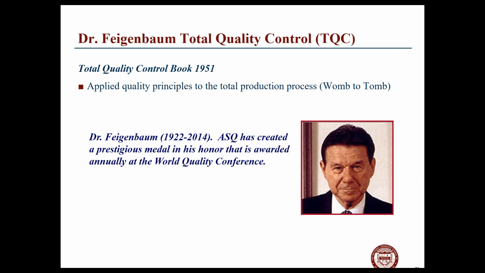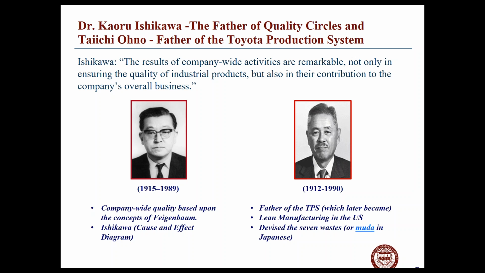And then Feigenbaum really contributed a lot to the body of knowledge. He called it total quality control. There used to be, before ASQ, the American Society for Quality Control, which was really about how do we ensure things are measured and compliant. They later combined under ASQ as a singular body, and he really focused on the production side of this influence. You've got the Toyota systems, Lean. We will have a class called Business Analysis, which is really your Lean course, and you'll hear a lot more from Ishikawa and Ohno.